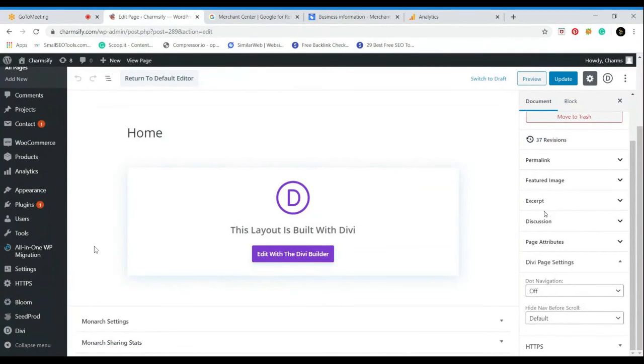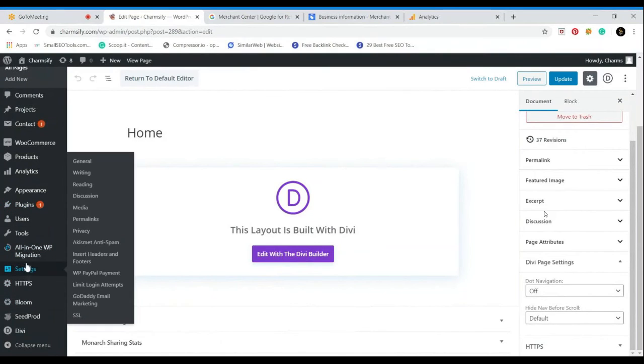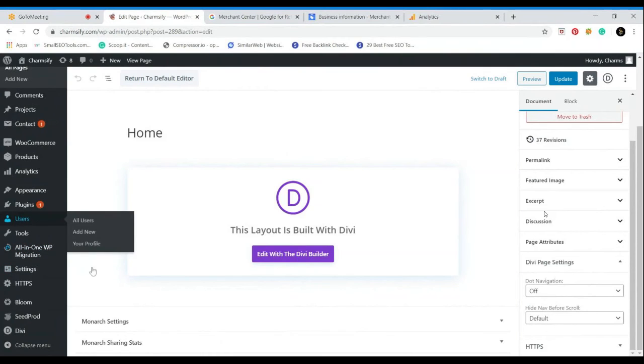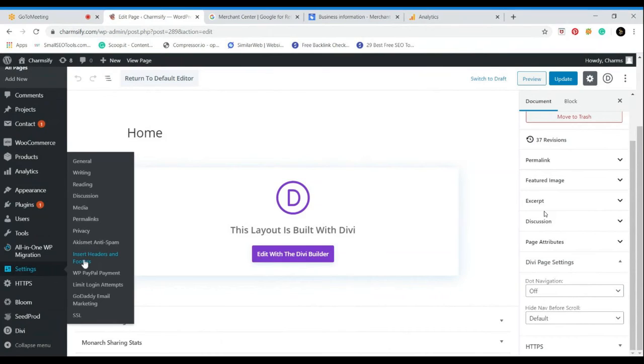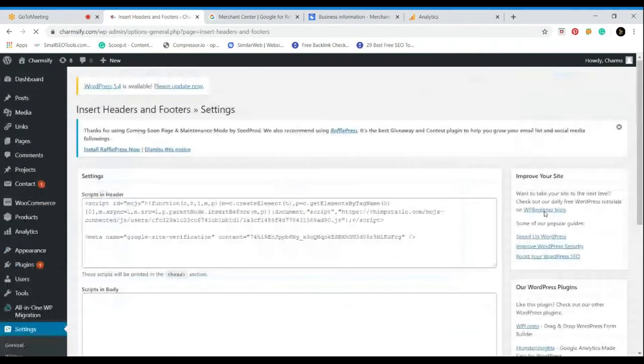Yeah, go to settings, header and footer, not here in home. Settings, insert header and footer. No, no, no. Settings, insert header and footer. Yeah, you have to remember this. Everyone has to remember this. I see many of the people forget this step. Yeah, now paste this in the header.